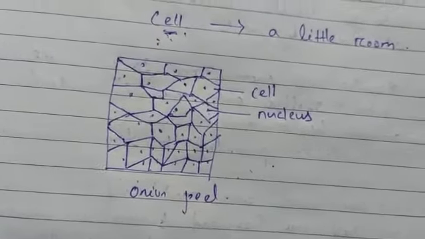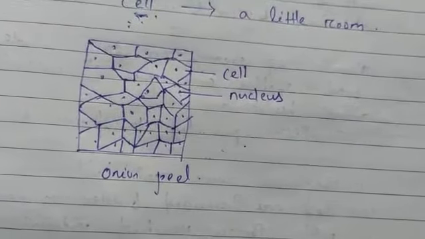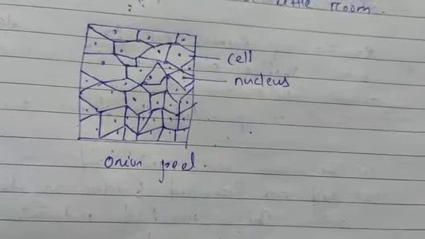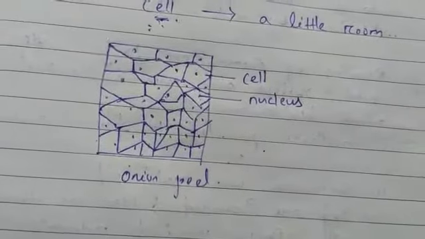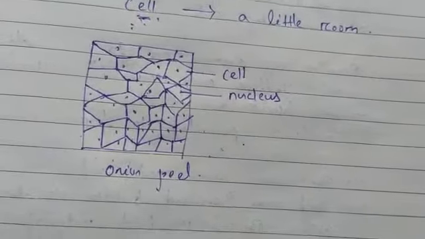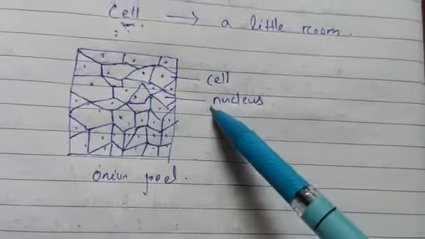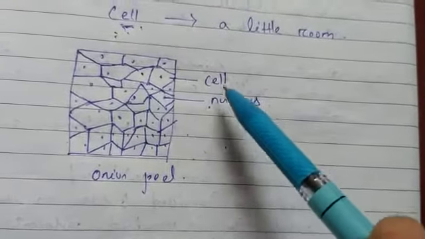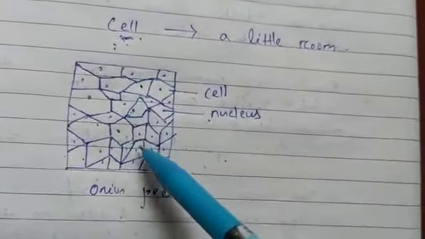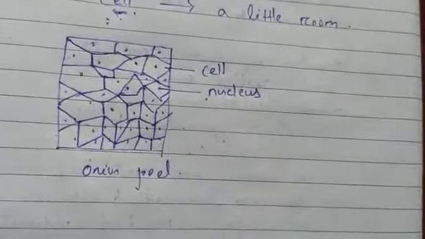Whatever the size of the onion bulb may be, they have similar small structures under the microscope. The cells of the onion peel will look the same regardless of the size of the onion they came from, because these small structures make up the big structure like the onion bulb. So these small structures are called the basic building units of the onion bulb. These are called cells.